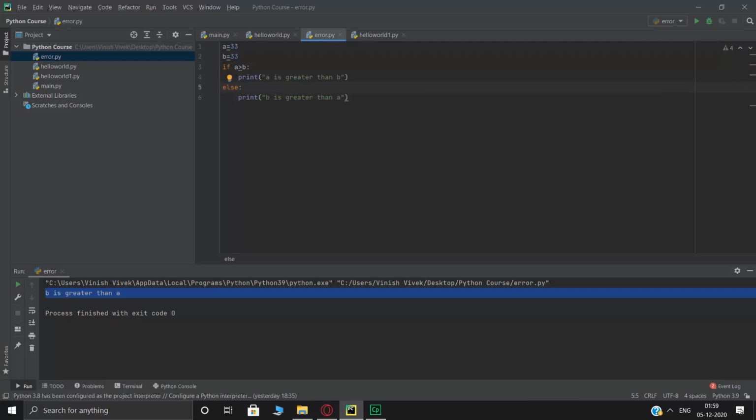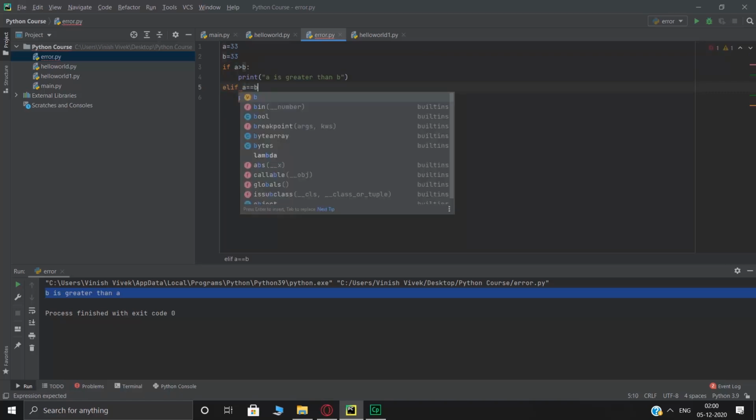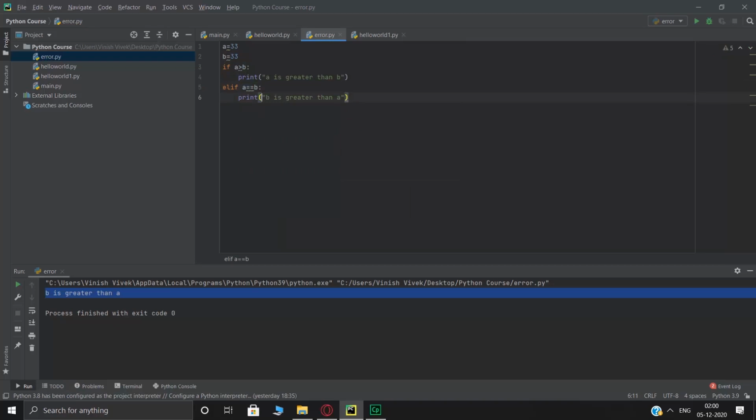So in this case, what you'll do, we can write ELIF, which is else if A equals B, print A and B are equal. Got it? So Control Shift F10, and it runs this.